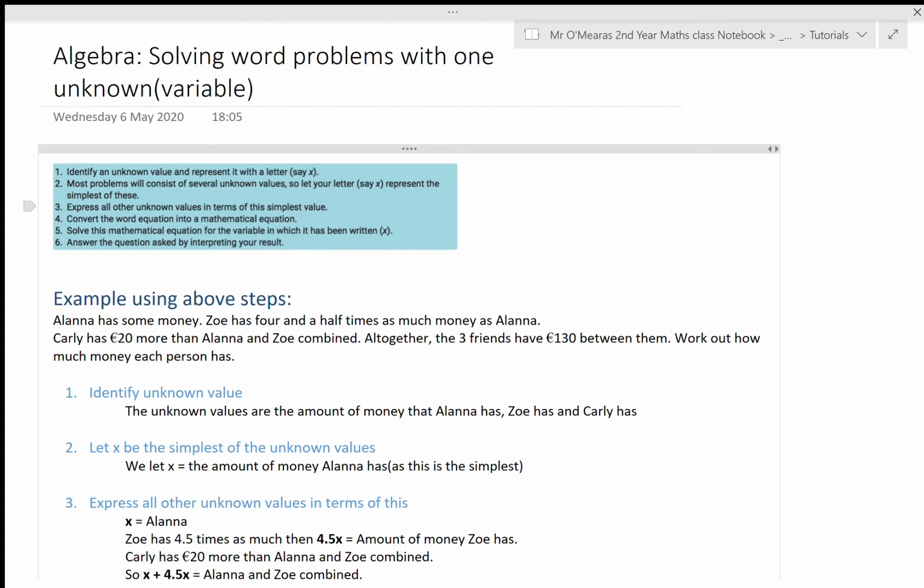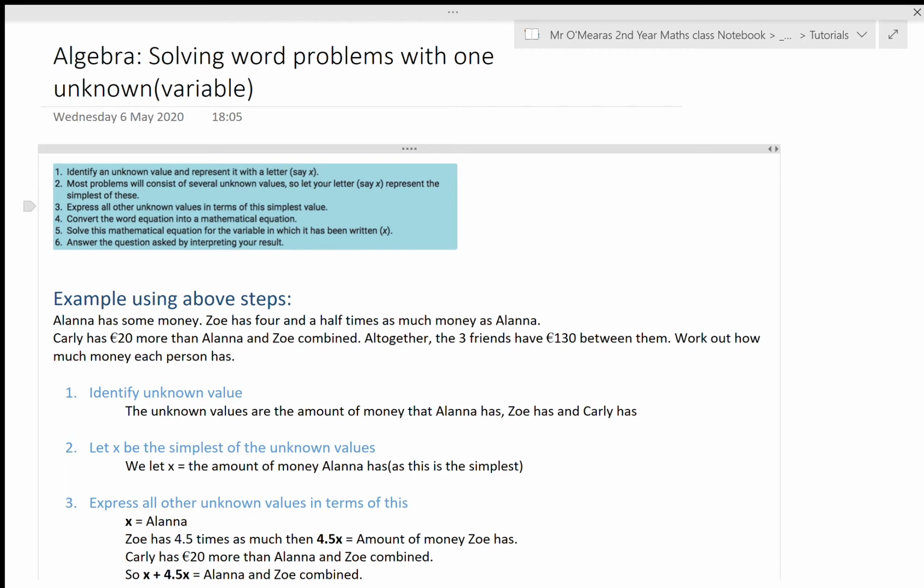Okay, we're just looking here at solving word problems with one unknown or using one variable. There's a list of steps here, and we're just going to solve a problem using those steps. So the key thing here is you identify an unknown value and represent it with a letter, and that is